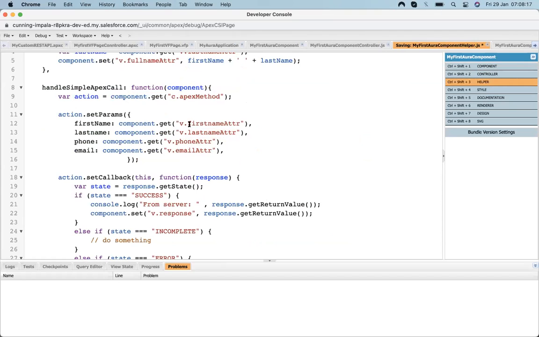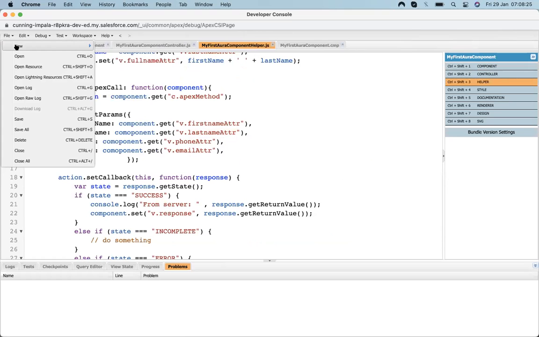Since I am sending those details to this Apex class, I need to update my Apex class to accept those parameters.